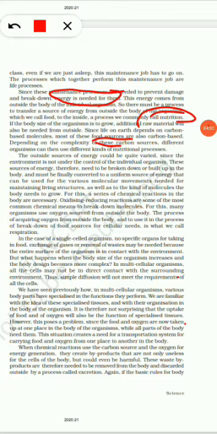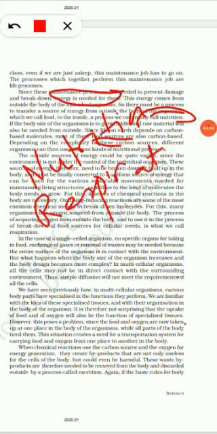So we saw nutrition, then we saw respiration taking place. So from outside the body, if you have to take oxygen, it is respiration. Nutrition is for the food that you are taking in. In a single cell organism, there are no specific organs for taking in food, exchange of gases, removal of waste, etc. So the entire surface of the organism is in contact with the environment.